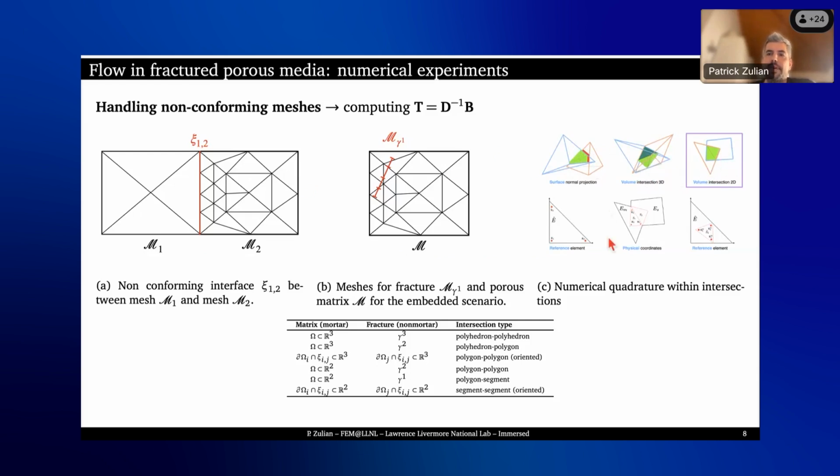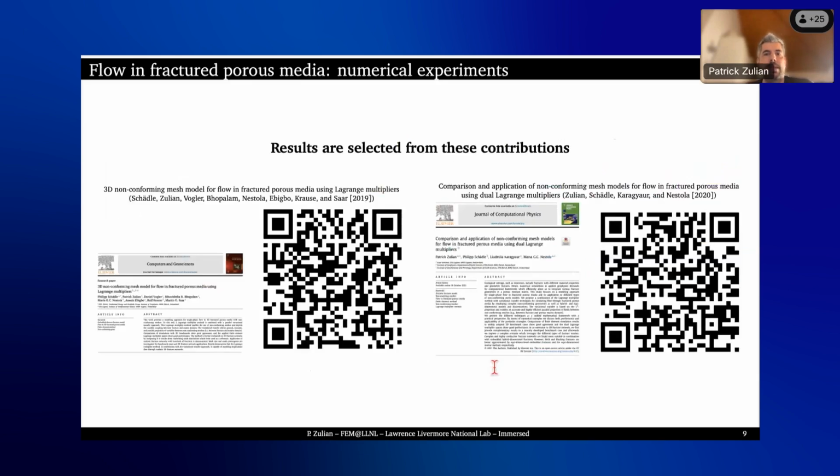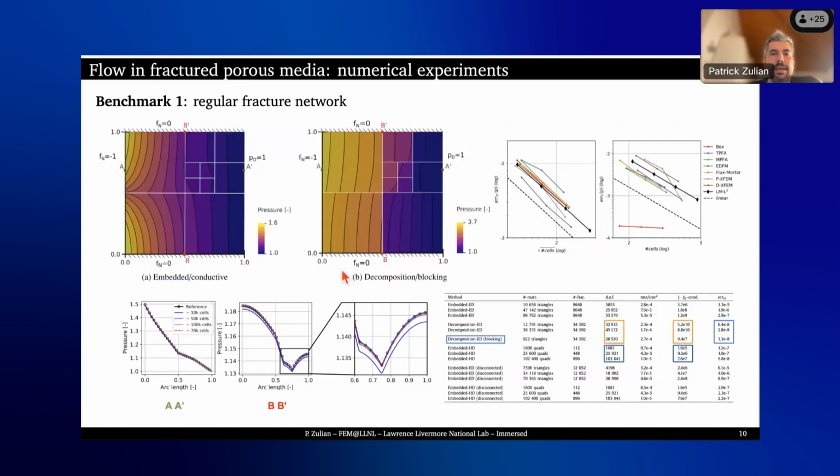Once we have this intersection, we can mesh this intersection and map the standard quadrature rules to the meshed intersection, and then apply the inverse geometric map to evaluate our so-called mortar integrals. And we can do this with all types of combinations of polyhedra, segments and so on. And I'm going to show some results that are taken from these two papers. And they are very simple benchmarks, which are typical in this type of